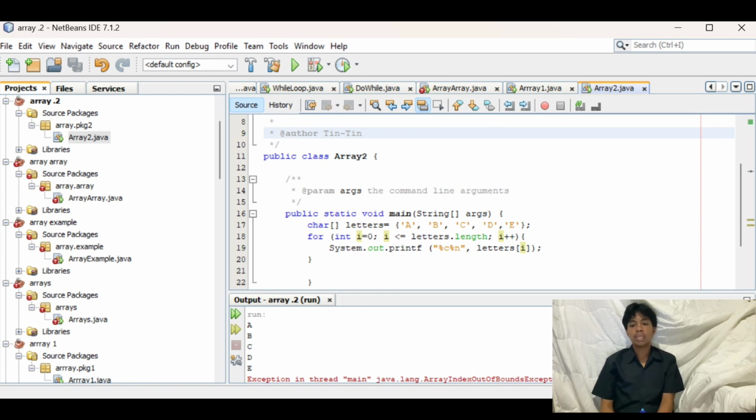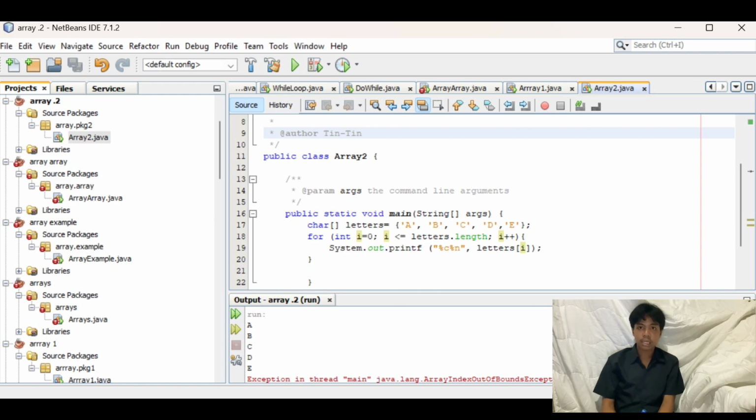The %c prints a single character, while the %n adds a new line after each character, so the output is vertical. letters[i] accesses the letter at the current index.